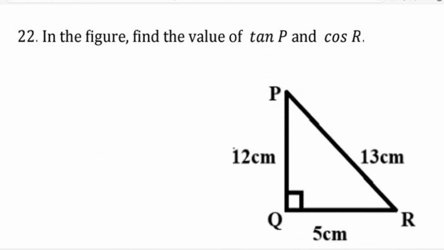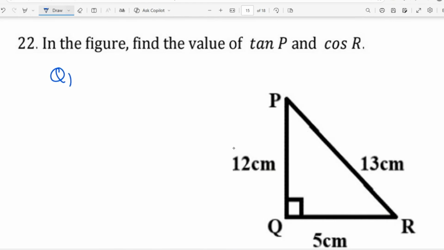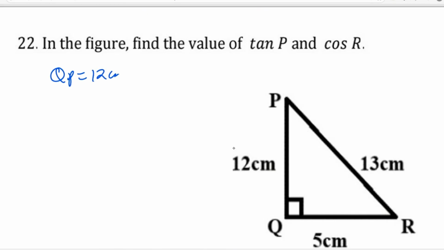Question number 22. If in the figure tan P, find the values of tan P and cos R. So here, what is given? They have given QP is equal to 12 centimeter, PR is equal to 13 centimeter, and QR is equal to 5 centimeter. So now tan P will be